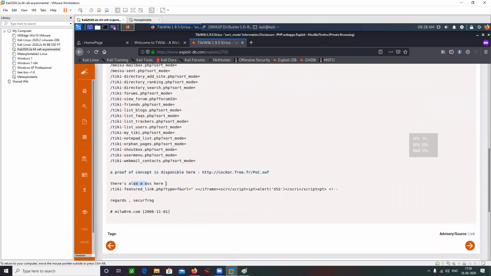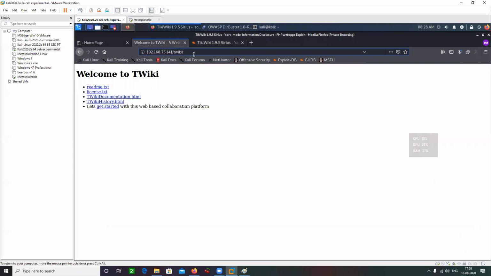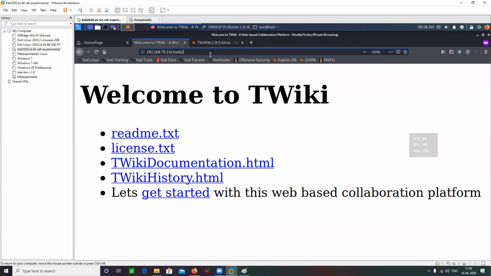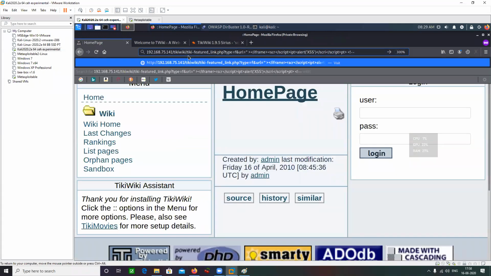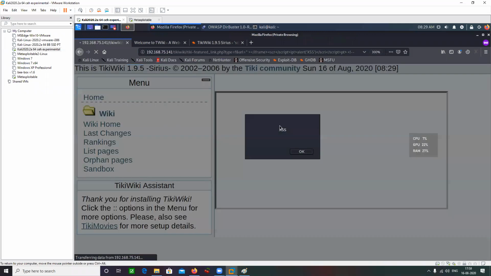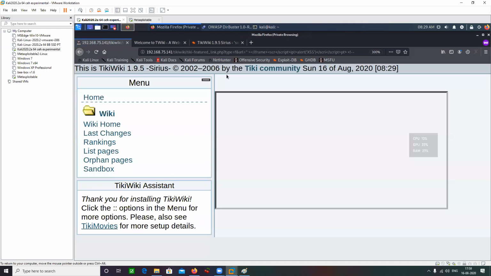There's also a cross-site scripting vulnerability here, and this is the URL that it gives. Let me just copy it and paste it here. Let's see what happens. Yeah, so it works actually. There's a cross-site scripting vulnerability here.